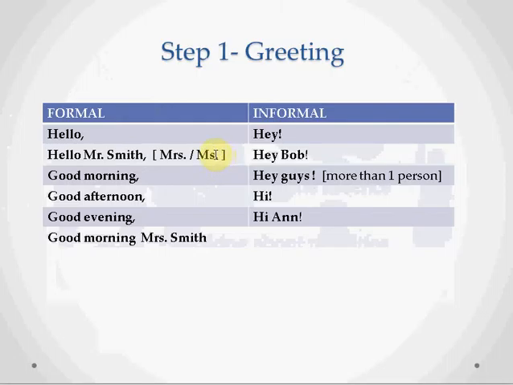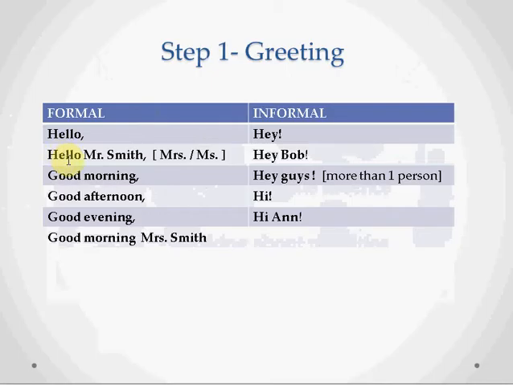If the person is not really young, we can say Ms. When we say Mrs., it's because we know that we are talking to a woman that is married. A Ms. is not a married woman, okay, she's a single woman, whereas Mrs., okay, is a woman that is married. So if we say hello, Mrs. Smith, we know that, okay, this woman is married.